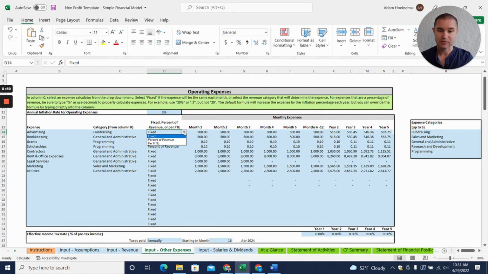So that could be something like maybe you provide scholarships and you scholarship out 10% of your revenue. Maybe that's just kind of a standard thing that you do. And so you can see here that we have scholarships under programming as a percentage of revenue as 0.10 or 10%